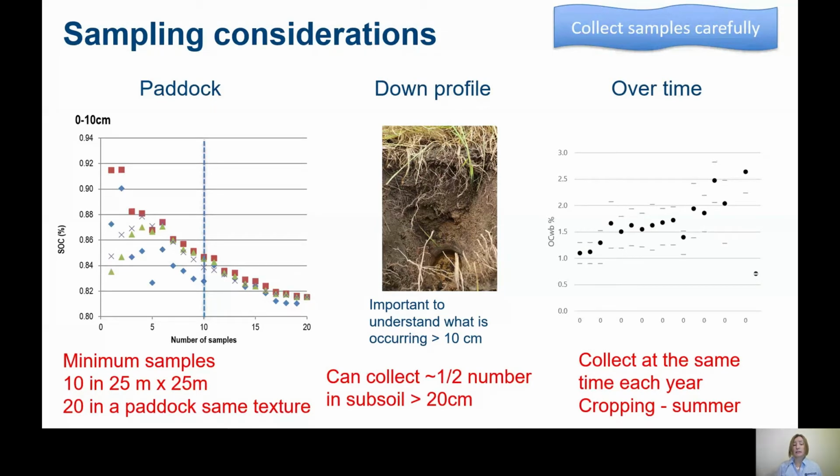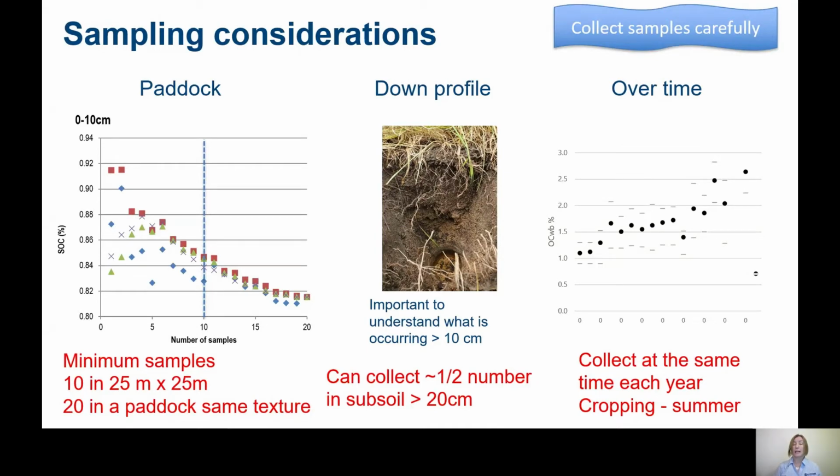As soon as you get above about 10 samples, you can see that the fluctuation decreases and it becomes much more steady. So you have a much greater confidence when we're going above 10. And the samples we were looking at there were from a sandy soil, and it was in a 25 by 25 metre grid. So that's the size that we use for a lot of our long-term monitoring sites, where we go back and remonitor every 5 to 10 years.